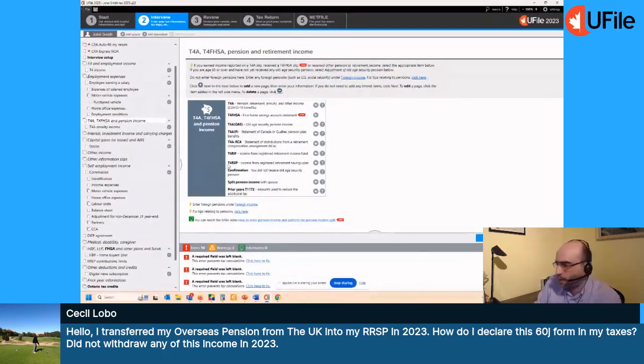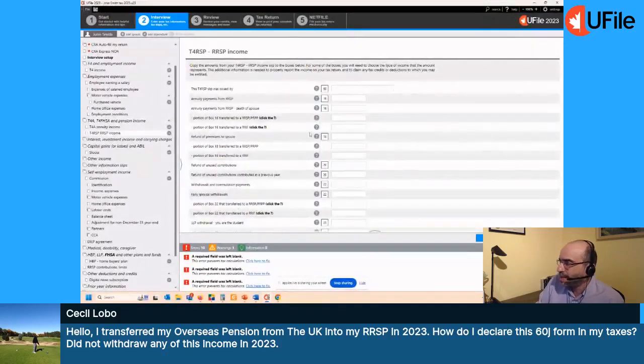It's transferring to your RSP. So add a T4 RSP slip. From there, enter the payment that you got under box 16, and then enter the same amount under portion of box 16 transferred to an RSP, and that will trigger the transfer under subsection 60J of the act in the software.